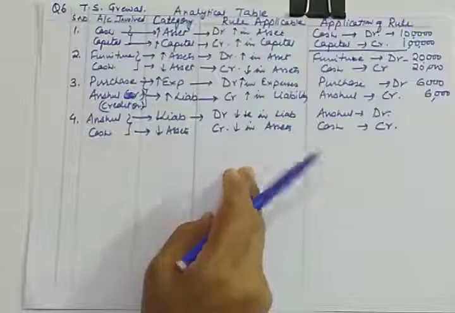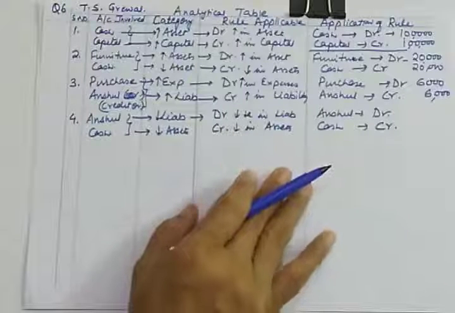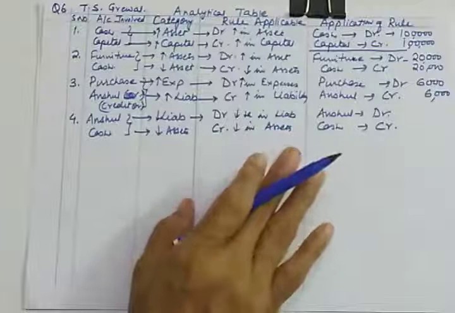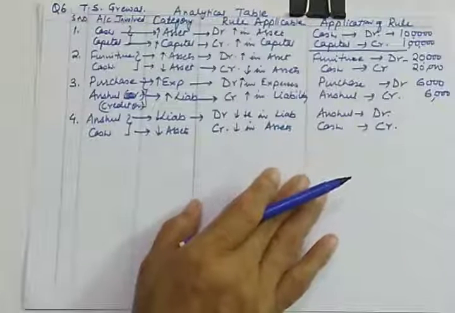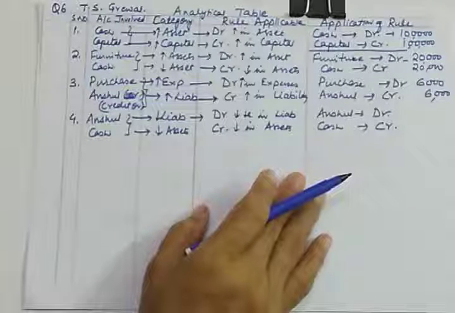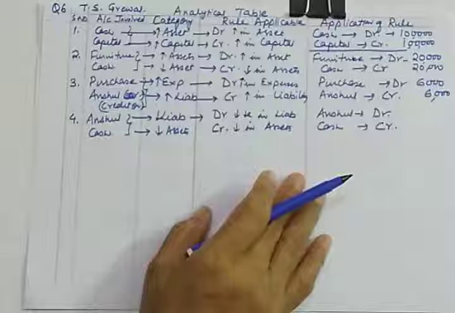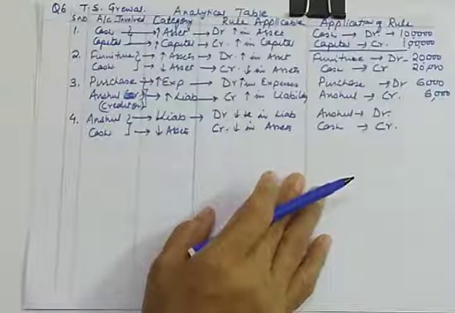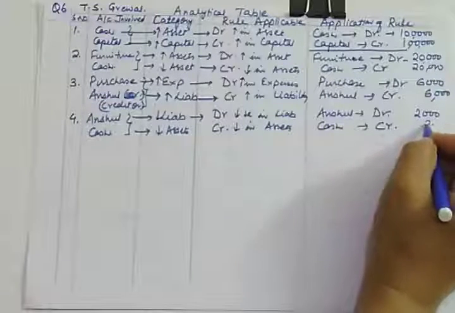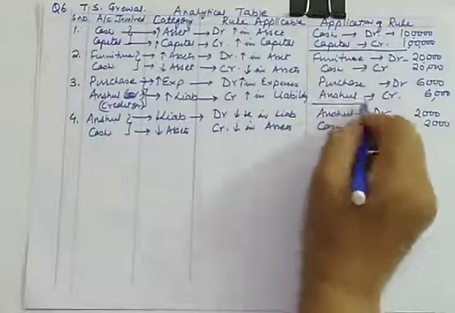So do it thoroughly, because journal entry is very important part of any kind of accounting, whether you are doing graduation or post graduation. This is the base of accounting. So Anshul is debited. Let us see how much you are paying. Paid Anshul creditor, we are paying just 2000 to Anshul. So only 2000 is paid out of 6000.